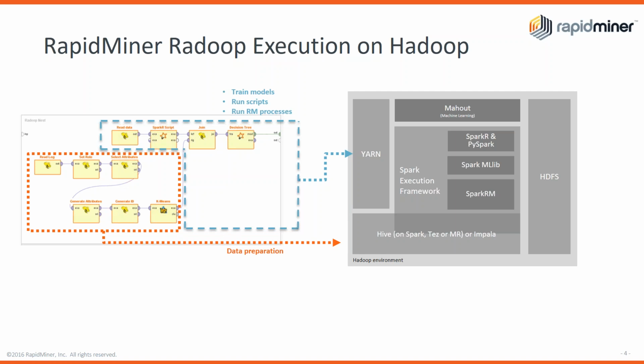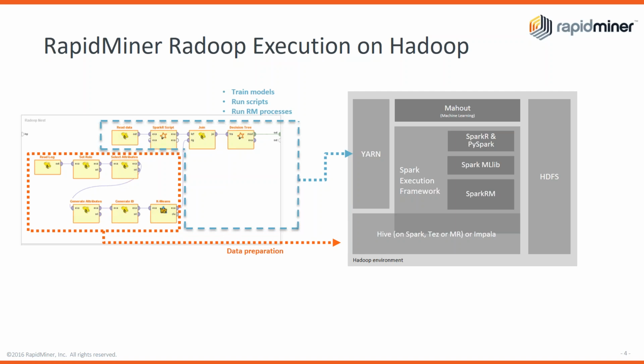And similarly with Spark, we provide operators for various MLlib algorithms. In this case, I've drawn the decision tree, but also different regressions, logistic regression or linear regression, and others. And we also provide a way to use SparkR and PySpark to, similarly to what I've said with HiveQL, paste your own code and make use of that. Now that's the